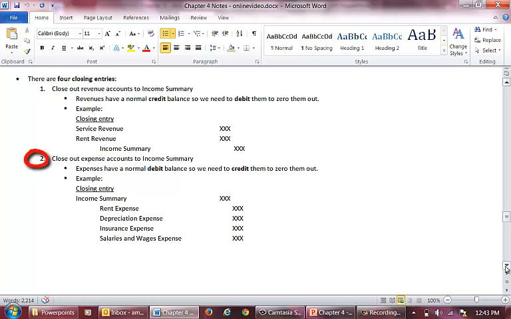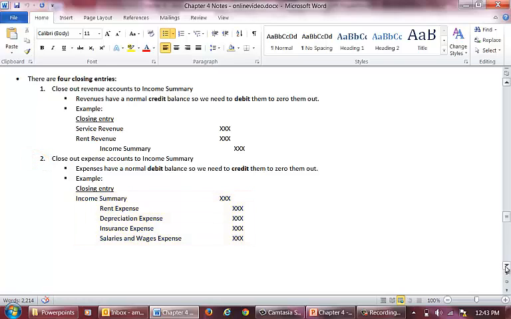The second closing entry involves closing out expense accounts to income summary. An expense account has a normal debit balance, so we must credit it to zero it out. As an example, if we had rent expense, depreciation expense, insurance expense, and salaries and wages expense, we would credit these accounts to zero them out and debit income summary